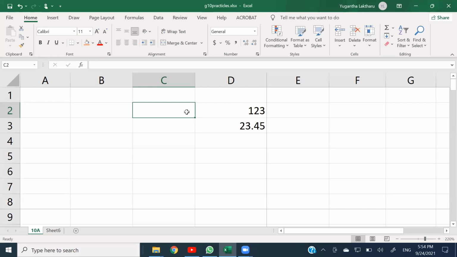If we're making a price list, think of an output for a supermarket, right? So we may list the particular good name and the particular price, right? So if the price of something, let's say the price of dal, it's not just 123, it is not matching on that format, right? It should be like rupees 123.00. That is how it is represented, right? So there should be a way to have these kinds of formats on the Excel sheet. How we are going to make it, that is what we are going to talk about